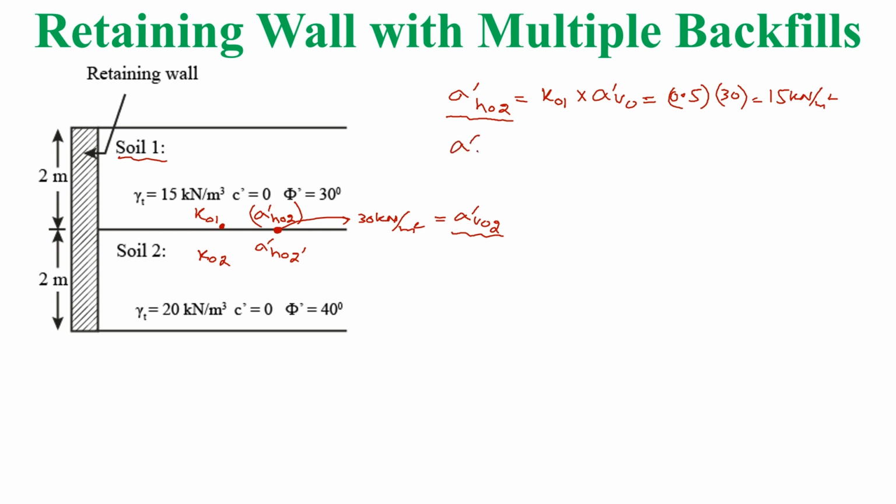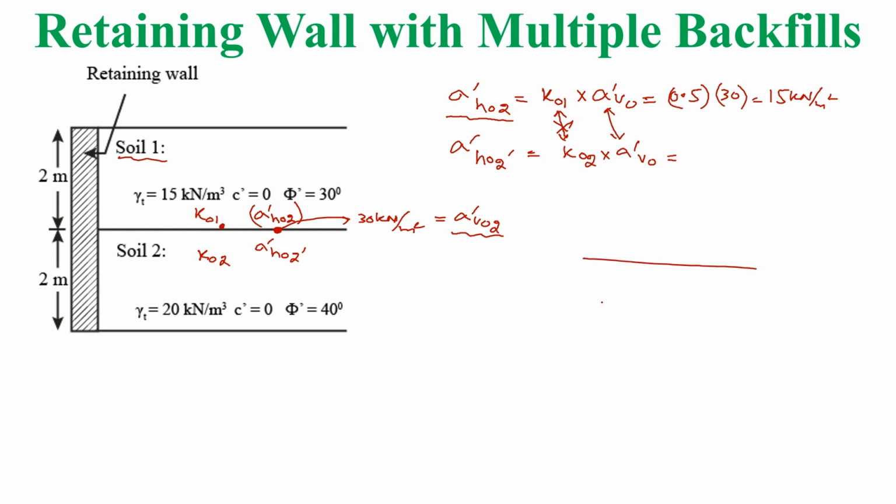And now, for the next or the just below point, we will have K naught 2 times sigma dash V naught. So sigma V naught is same, but the only difference is the value of K naught. K naught 1 for the just above, meaning